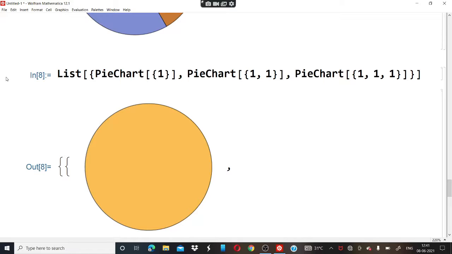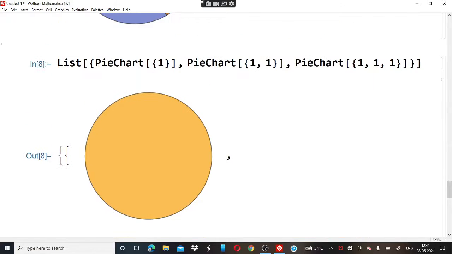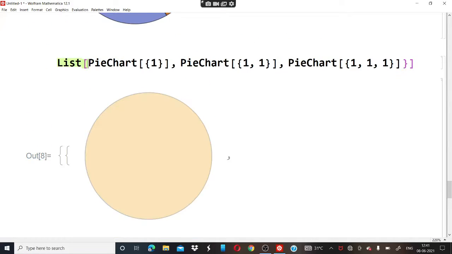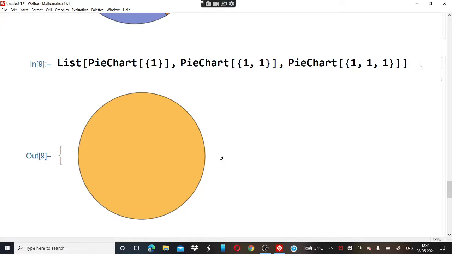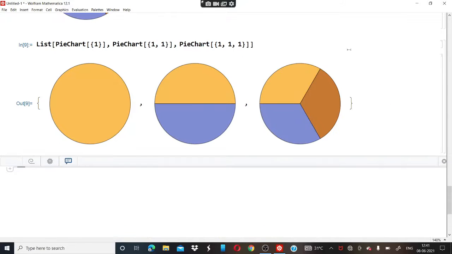Shift and enter key. Let's remove one bracket. Okay, now shift and enter key. So here you can see they are made the list of these pie charts.